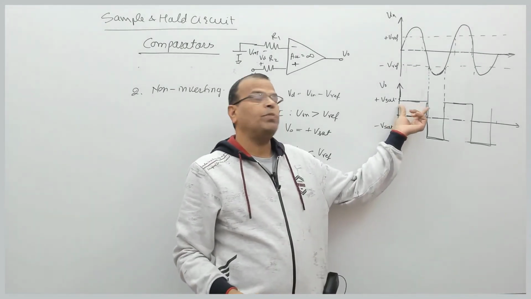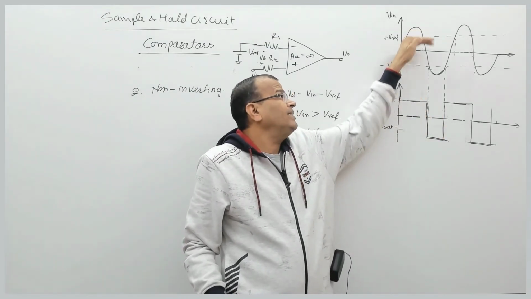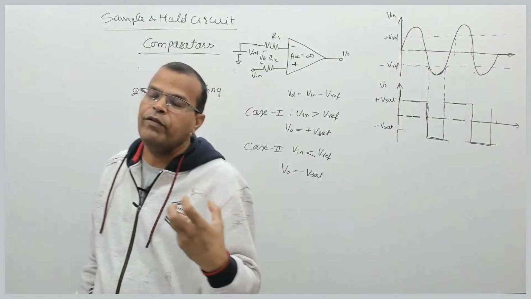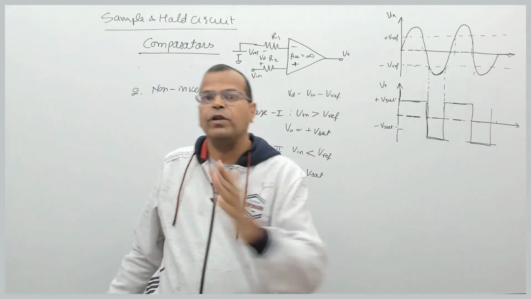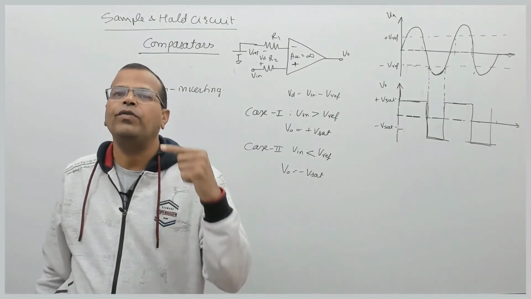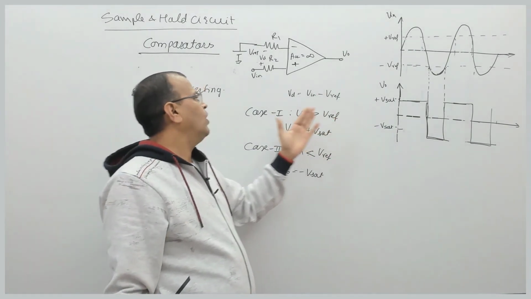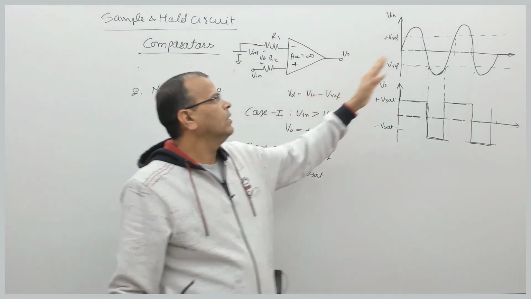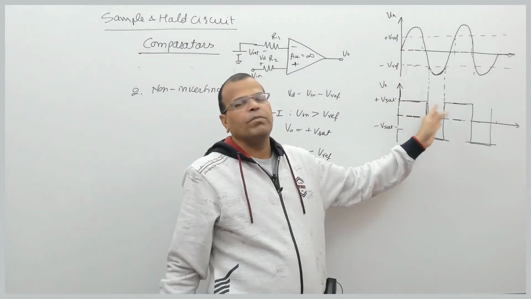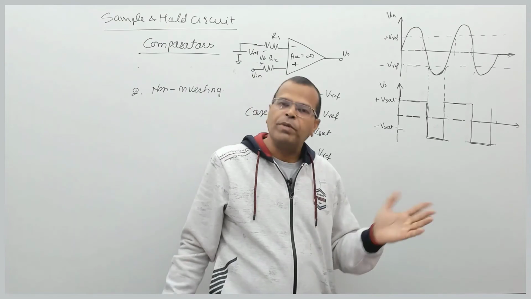So what has happened? The width of the positive pulses has increased, and the width of the negative pulses has reduced when you change the reference voltage from plus Vref to minus Vref. So what are we doing? We are able to change the width of the positive and negative pulses by changing the reference level of the voltage, right? Fine. So that is how we are able to compare the signal with certain references, because my output is indicating the point where my input with respect to reference is increasing or decreasing, becoming more or less.